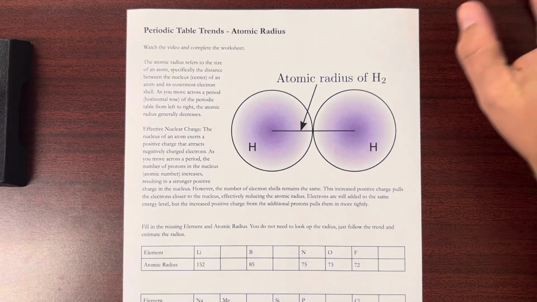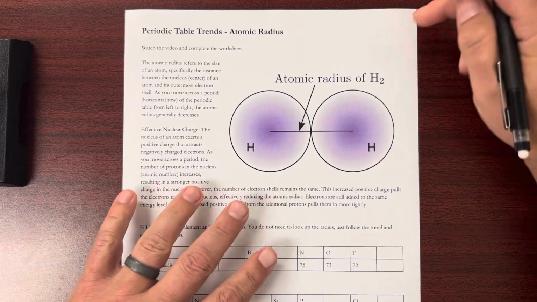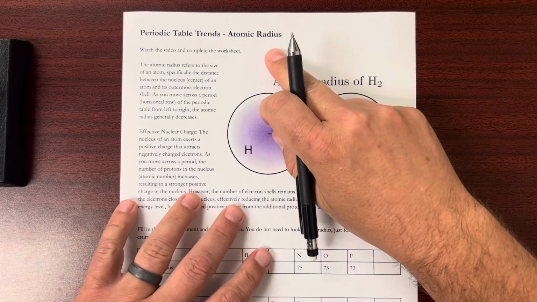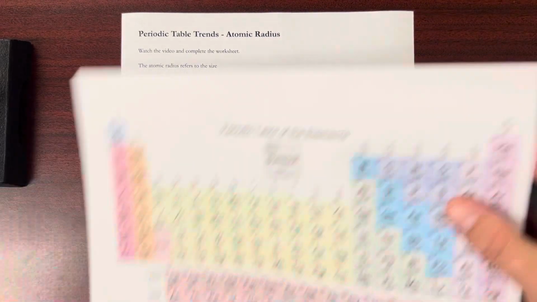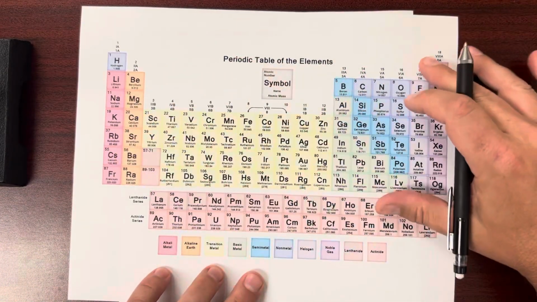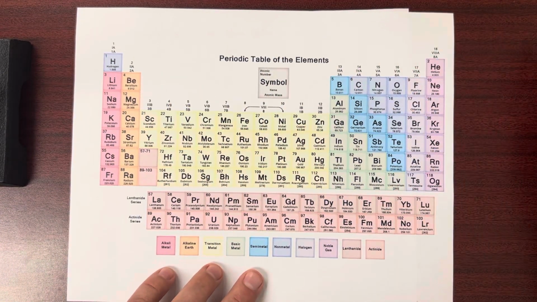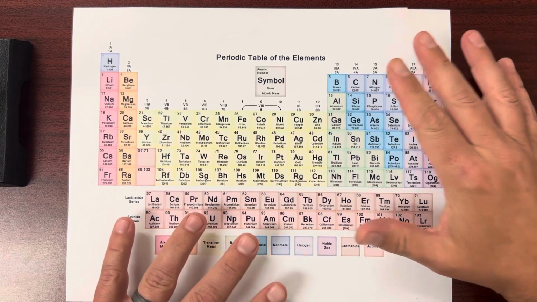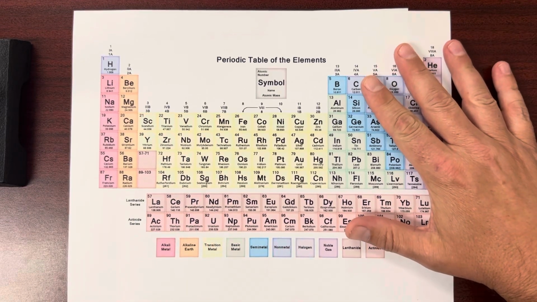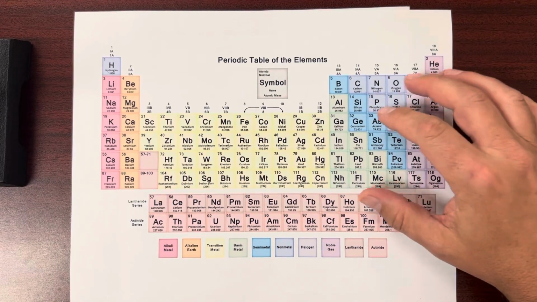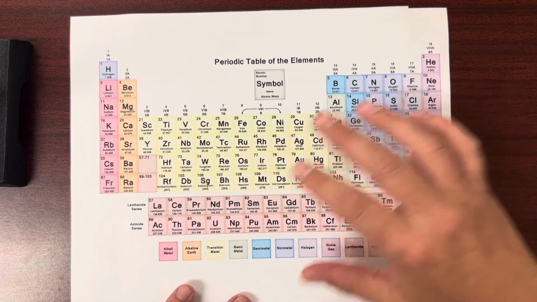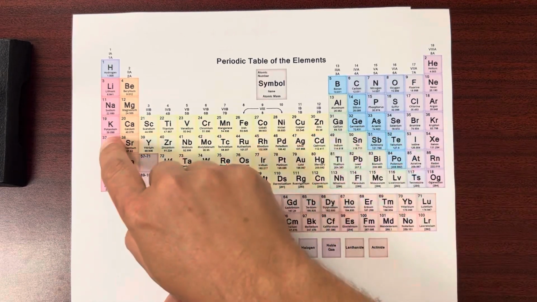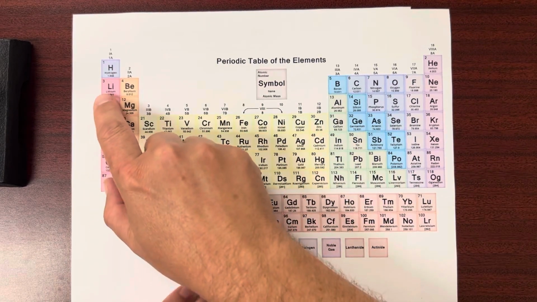Good morning. We're going to talk about this worksheet, periodic table trends, specifically atomic radii. And the nice thing about the periodic table is that it's arranged in a specific way to provide information. So what that means is there's many characteristics of atoms that go in trends, where something either continues going up or something goes down. Like if you go across a column,